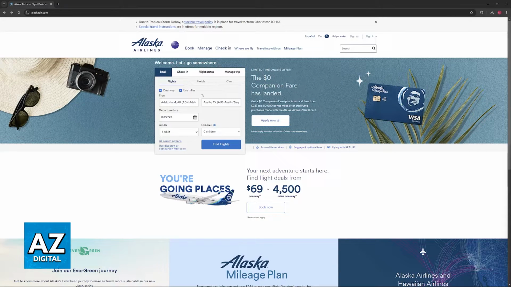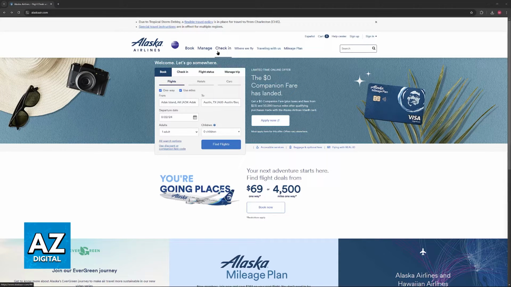Alaska Airlines flight. So all that you have to do is visit their website at alaskaair.com, and when you arrive at this page or you open the latest version of their mobile app, you will be able to find check-in on the menu at the top, so you can see the three main options: book, manage, and check in.